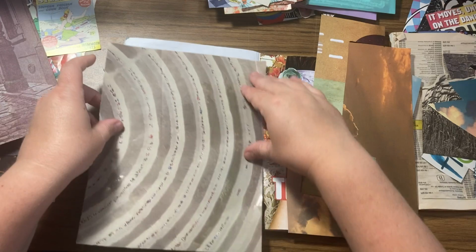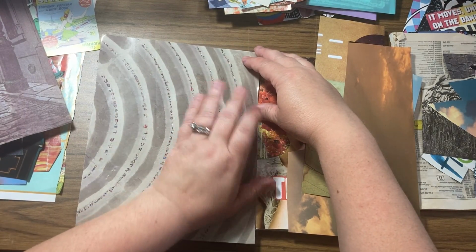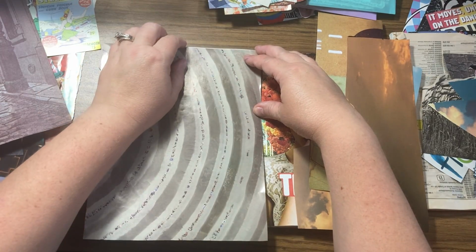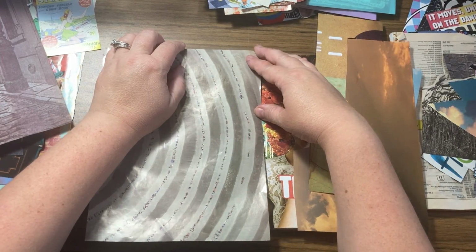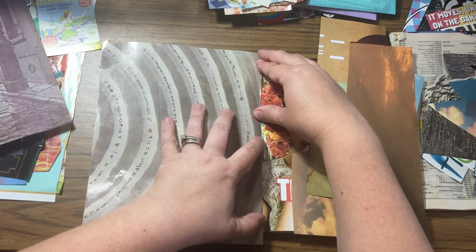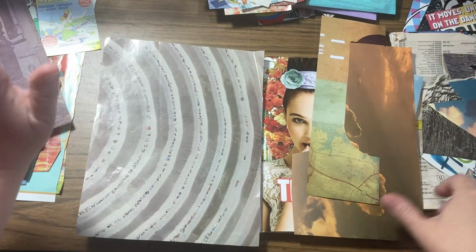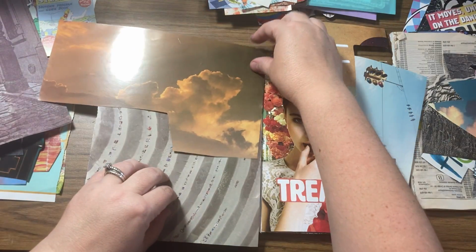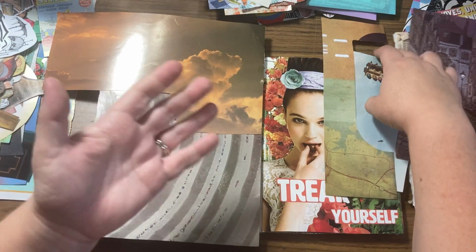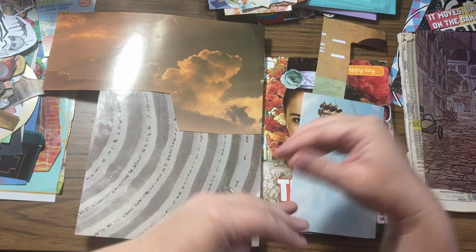So I think I can start putting my room back, and I don't think flooding is going to be a problem. The first thing I thought was, oh God, there's a leak in the foundation. That would involve ripping my craft room apart, ripping the drywall off the walls, getting it all sealed, injected, redone. I was horrified. So then when we figured out it was the pump, we're like, okay,